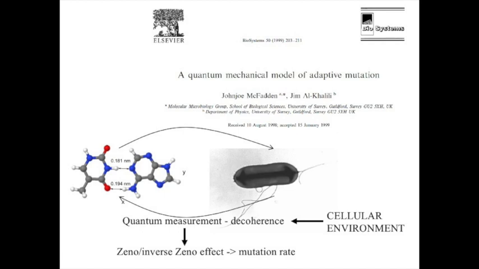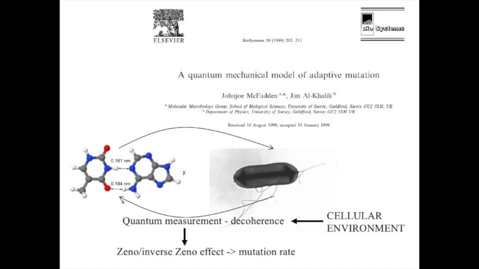A biologist giving a seminar in the physics department about quantum mechanics was a pretty dangerous thing to do, and I was justly received with a lot of skepticism, quite rightly. But Jim Al-Khalidi was in the audience, and he came up afterwards and said, well, it doesn't quite work really, what you're saying, but maybe we can work on it. And we did over the next year or two, and we'd meet over a coffee or a beer, and we eventually came up with this quantum mechanical model of adaptive mutation.